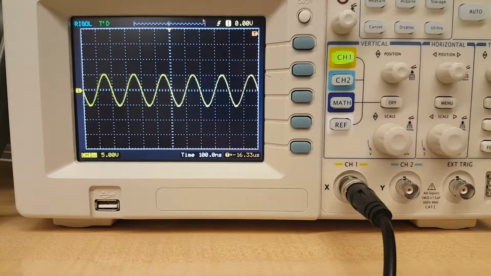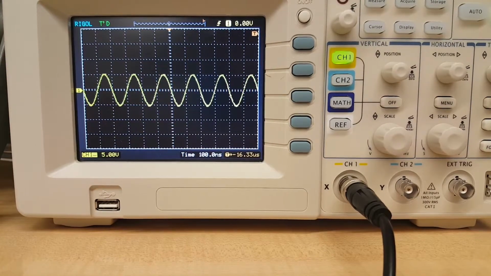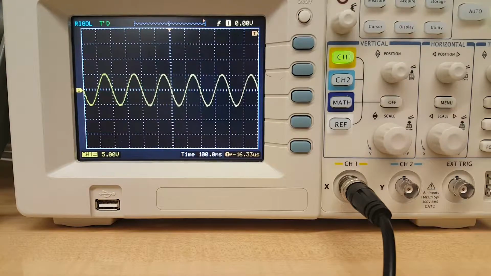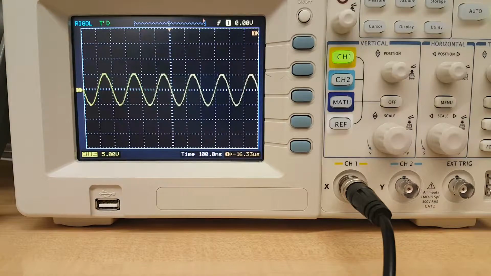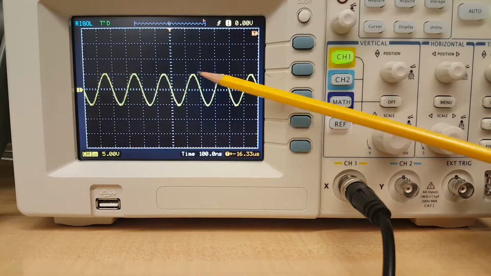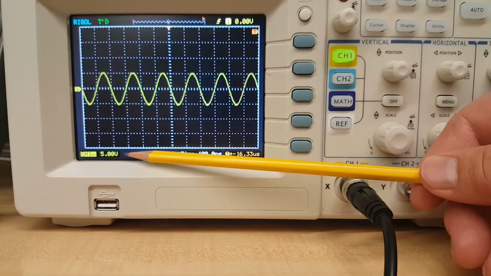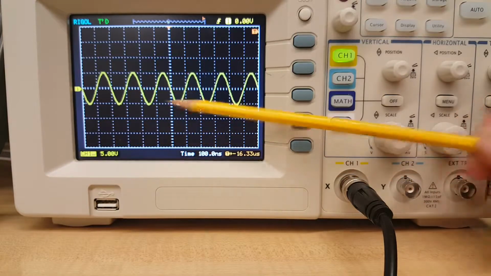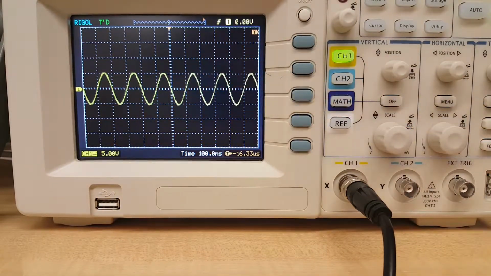Alright, so now we're back, and looking at this, the things you need to point out and pay attention to are your peak-to-peak voltage, your frequency, and your period. To find the peak-to-peak voltage, we're talking from the top down to the bottom. On the left, it says that each box is 5 volts. I have 2 boxes, so that means this is a 10 volt source being inputted